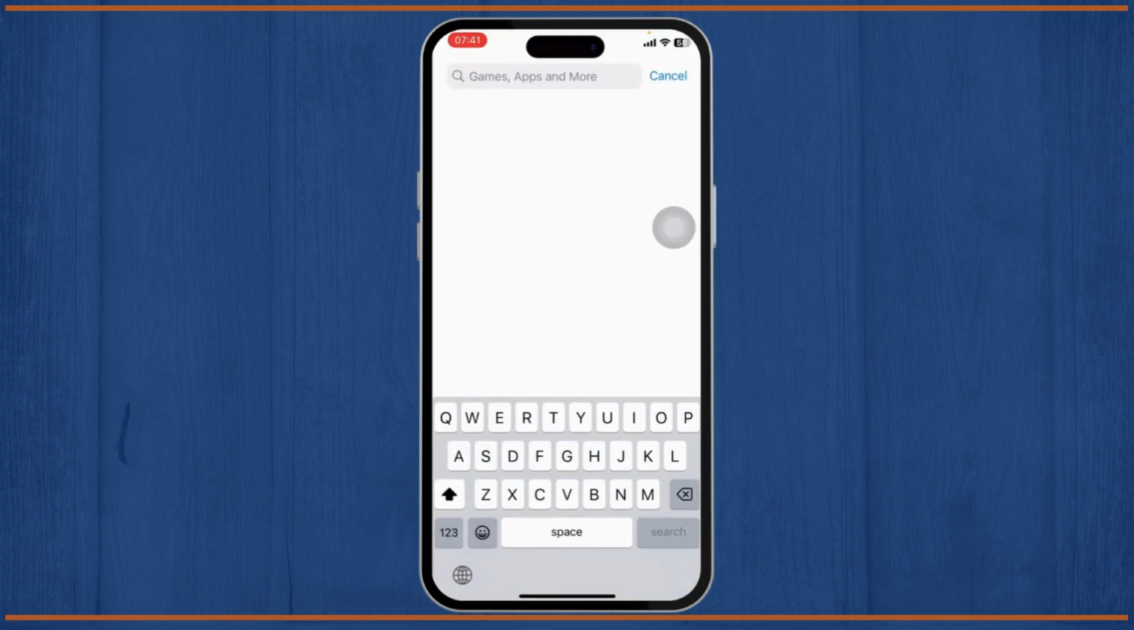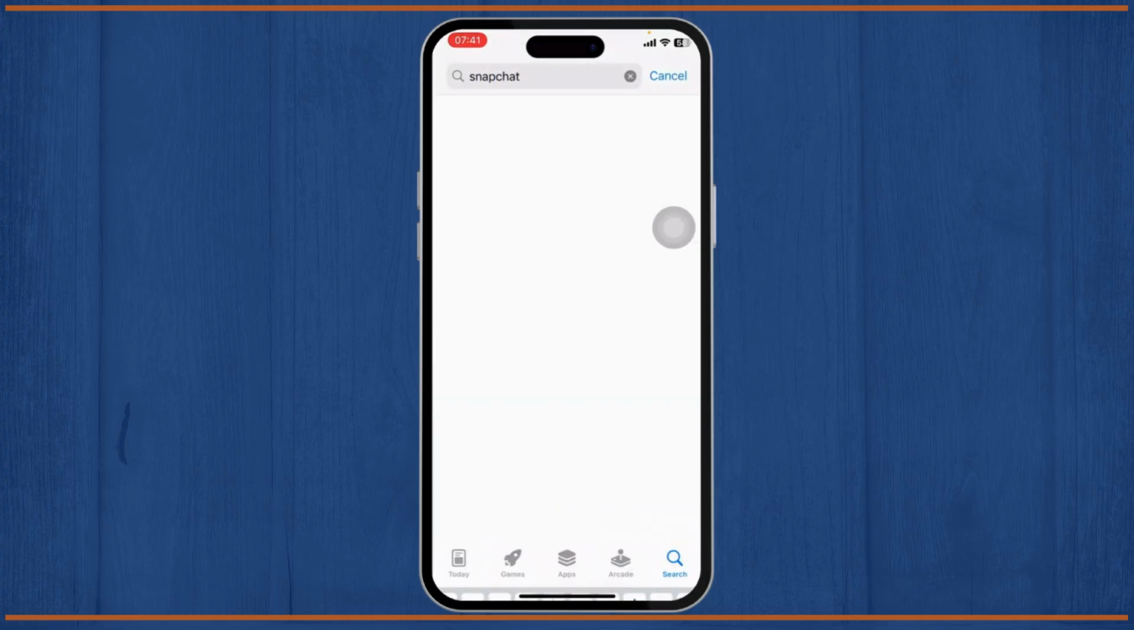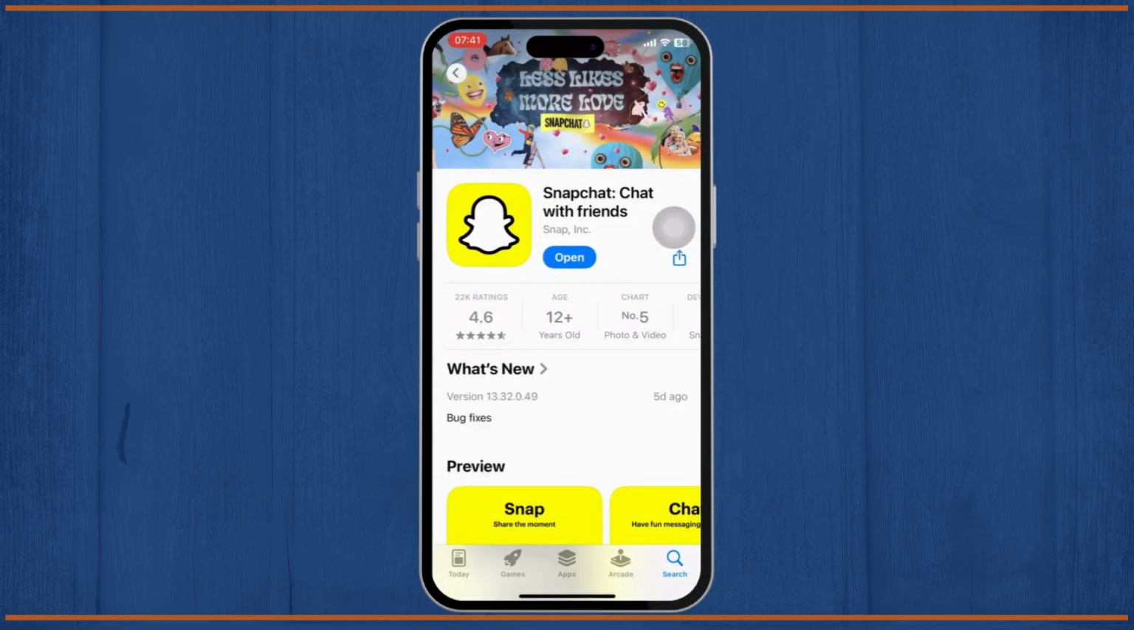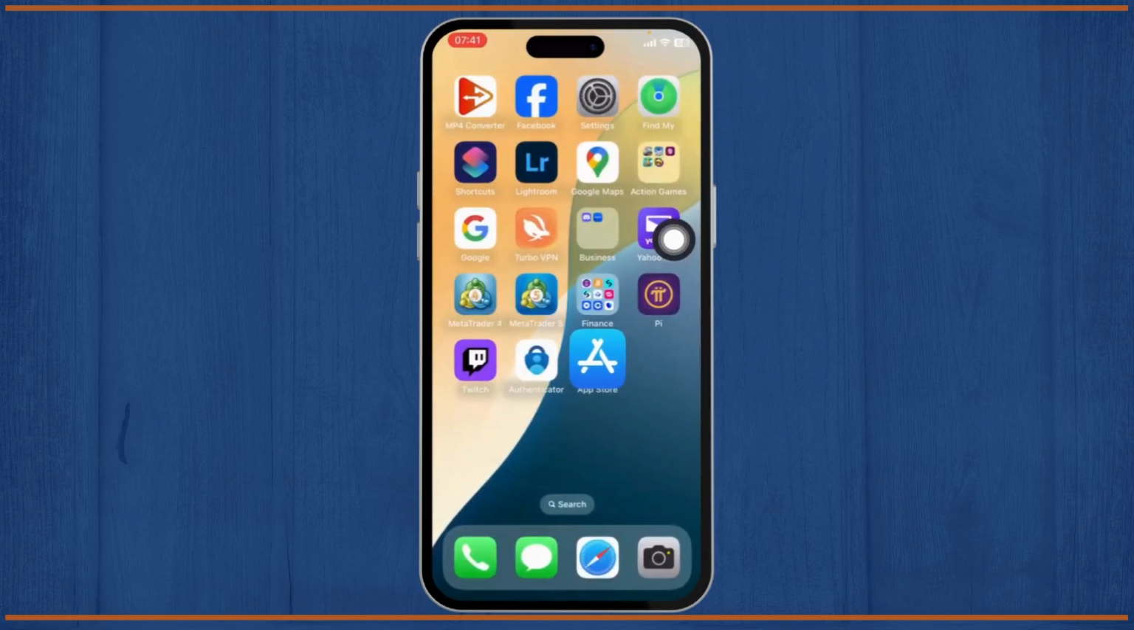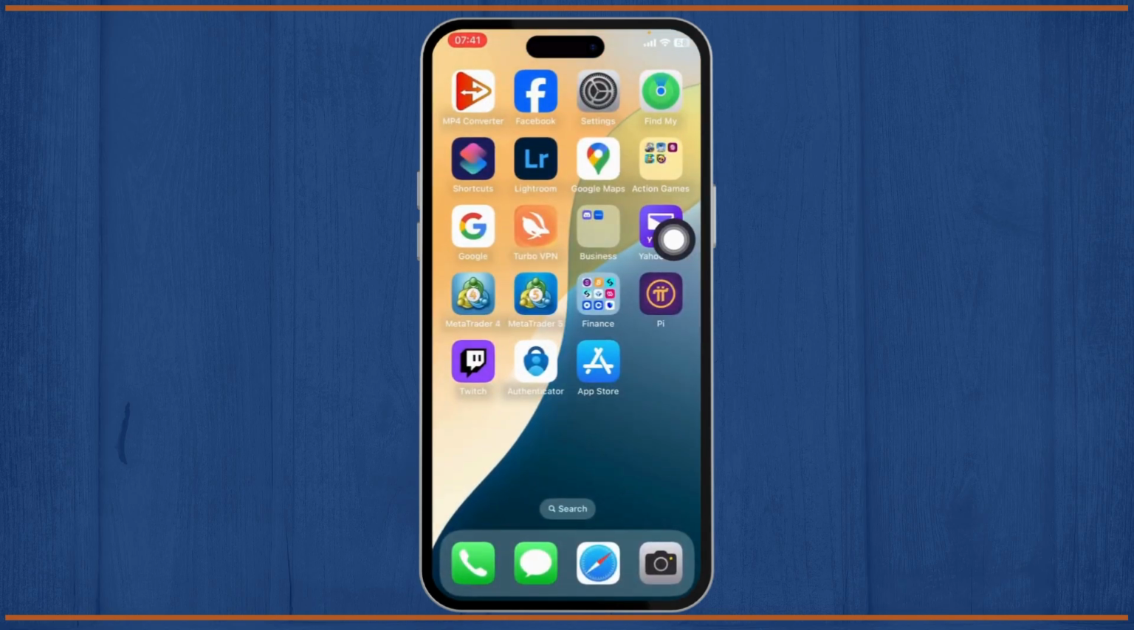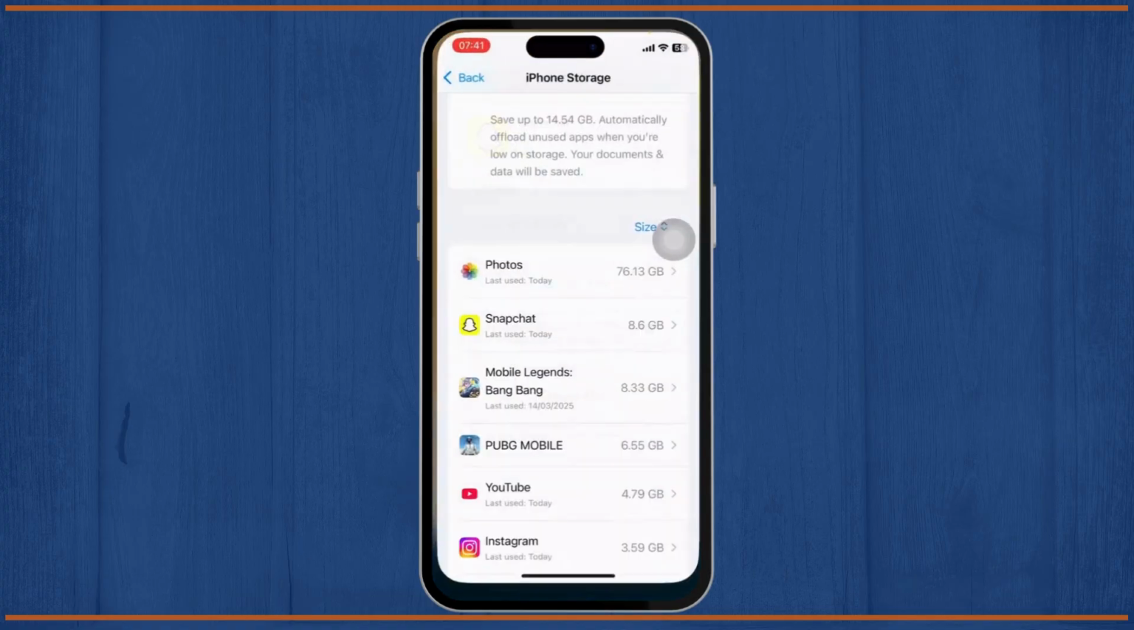If that does not work, try to update your Snapchat. Head over to your app store, search for Snapchat, and if you see an update available, tap on the update button to update the app. After doing that, your problem should get fixed, and if it does not get fixed, you might have to reset